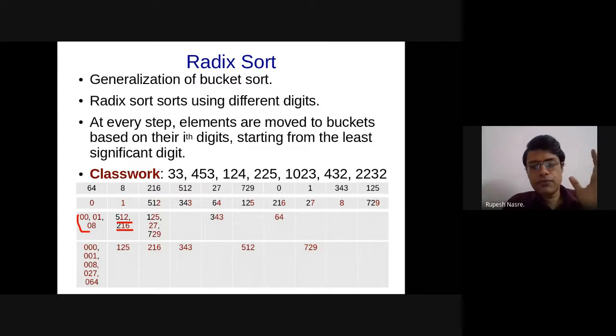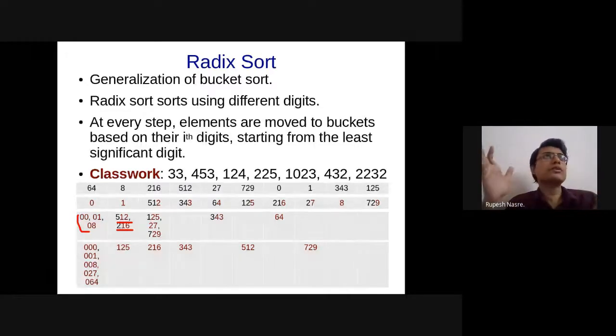Even if they are of the same number of digits, you cannot go from most to least, because you want to move the elements based on a particular digit, right? So for example, if you just take 12 and 13, they both will appear in bucket number 1 initially if you go from left to right, and then 12 will move to something, and then 13 will move. Okay, this part seems to be okay. Maybe we'll take